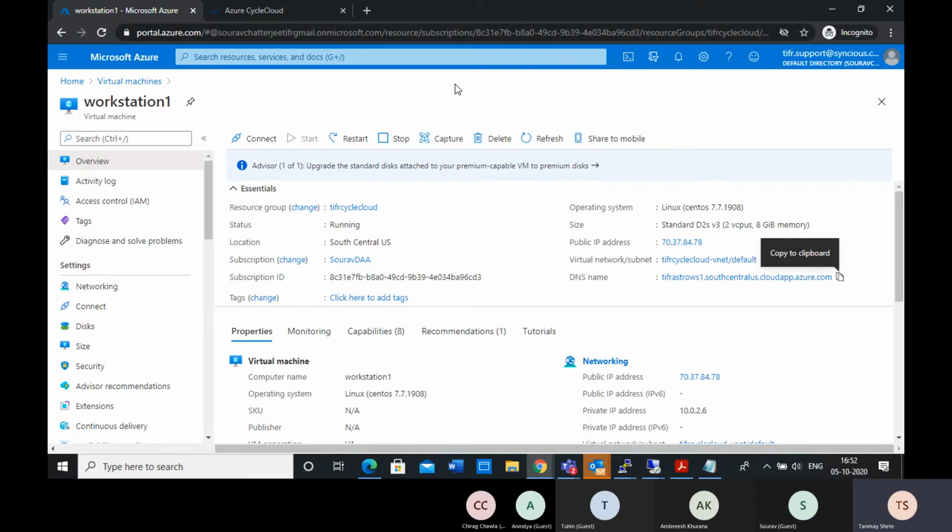So for that, we created another machine. We call it a workstation: workstation 1, workstation 2. There can be a few workstations, and users can directly connect to them. To connect, we will send you this DNS name.